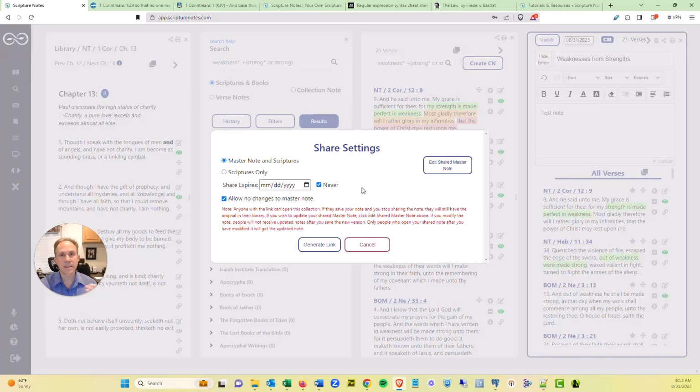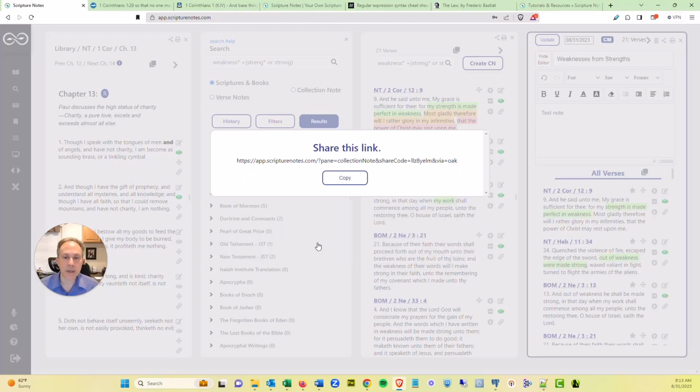So in other words, if I save your note that you shared with me today and then you change it, I'm not going to get notified that you've changed it. It's just anybody that opens it after me or after you've changed it and saved it will get the new note. So there's no versioning kind of capability in this feature. Once I save it in my library, it's saved because I'm going to probably modify things. I might add scriptures to the collection or remove things or change the master note. So it becomes mine once I have added it to my library.